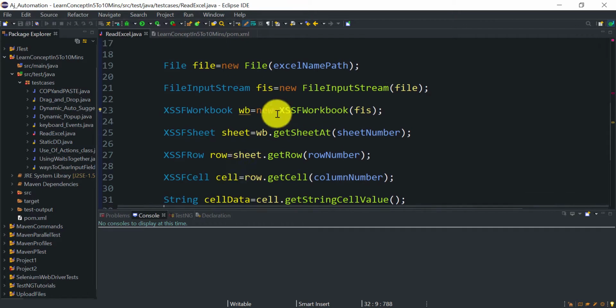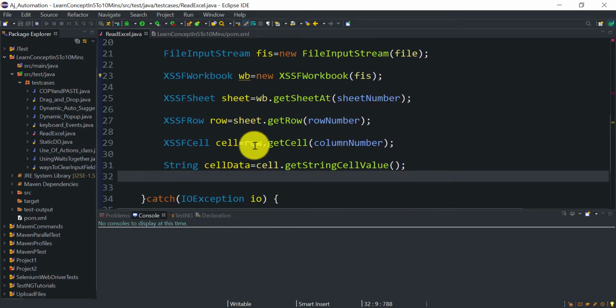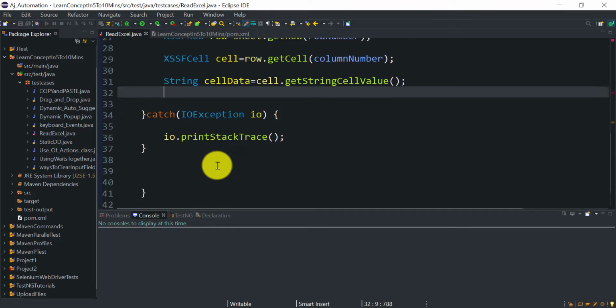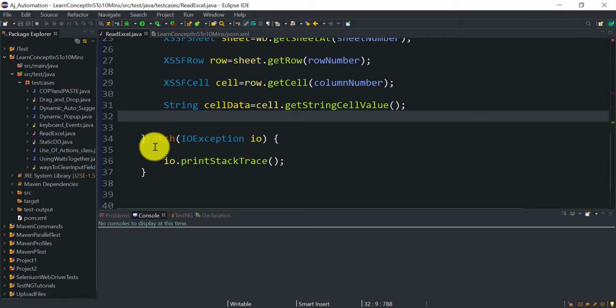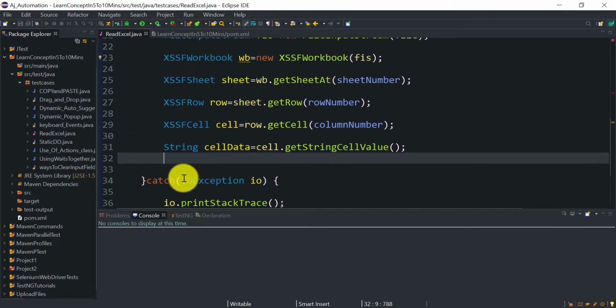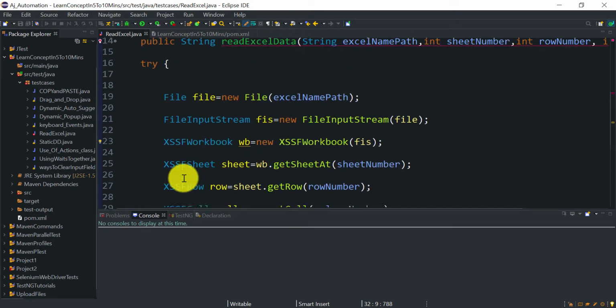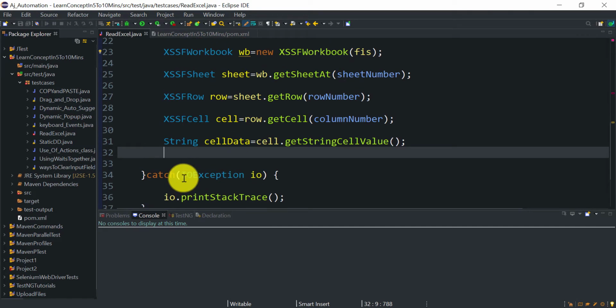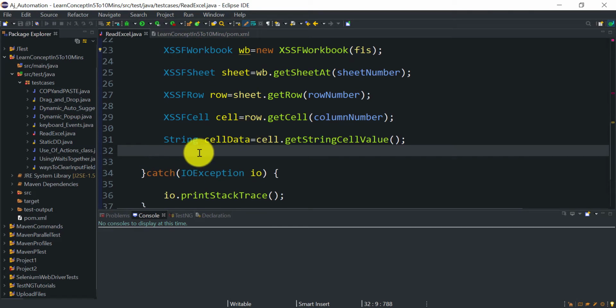As it is a generic method, we have to return this value to the calling method. So that you can return after the try catch. So here now we got the value from that Excel cell, and that value we need to return to the calling method.